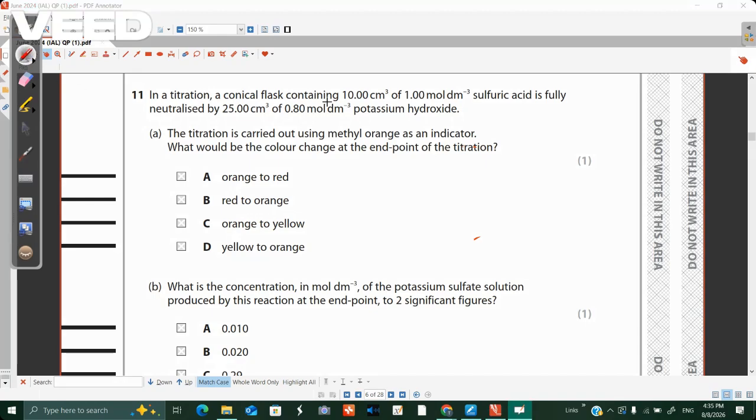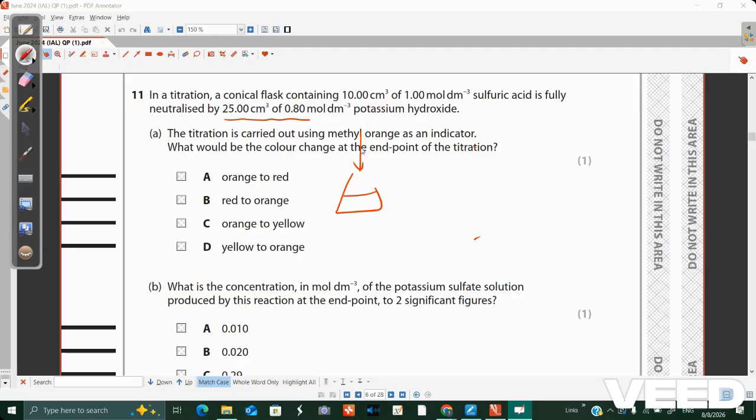So it means, right. So values are also given. Titration is carried out with methyl orange indicator. What could be the color change at the end point of the titration? My vote, red color. In the conical flask, you have sulfuric acid. In the burette, we have the hydroxide. It could be the other way around, but they say in the conical flask, you have the sulfuric acid. So therefore, the conical flask is moving from acid to alkali. In the acid color, it is red to